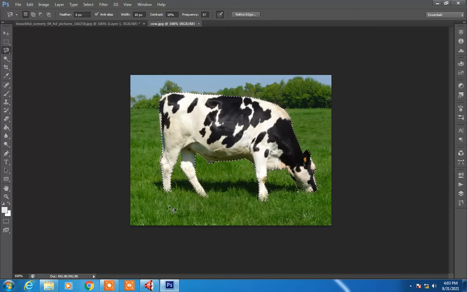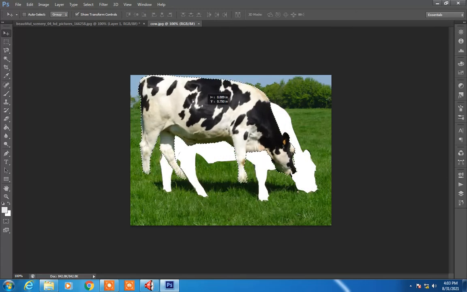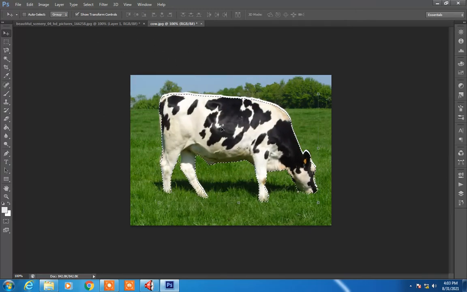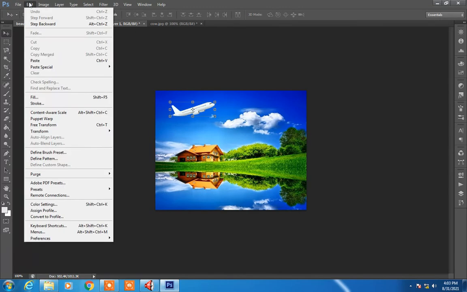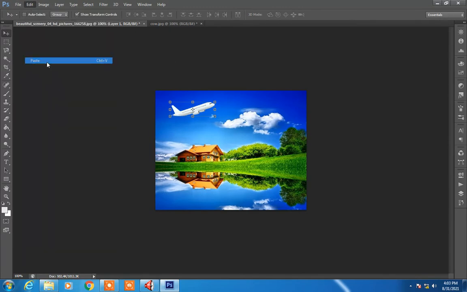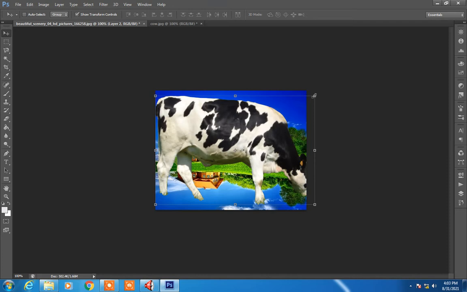Okay, so once you are done with the selection, you will get a dotted line over here like this. Using the move tool, or what you can do is just click on edit and say copy. I have made use of copy, sorry. You have copied the image, then click on edit and say paste, so that the image will be pasted.